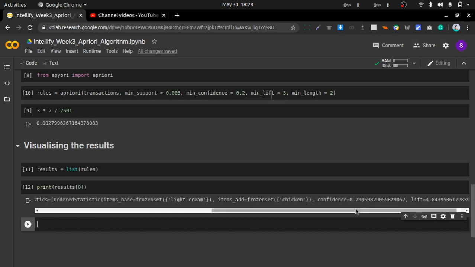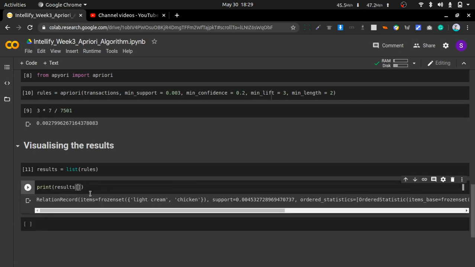So there is a 30% chance that if the customer buys light cream, they will buy chicken also, and you can see the lift value is 4.8, which is very good for our model. So we have got the associativity rule. By using this, the shopkeeper comes to know he has to put light cream and chicken nearby, okay.